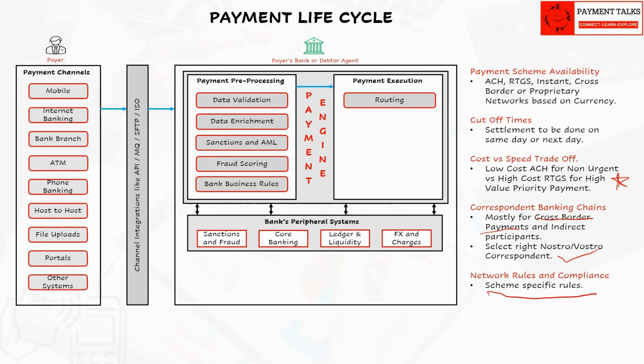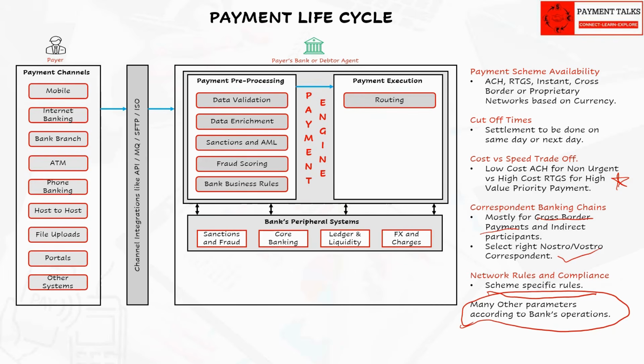Example, IBAN is mandatory for SEPA, even though account number and bank code are sufficient to identify a beneficiary account. Either this info should be enriched or this payment will be rejected by the network. So routing has to take care of these rules as well. Apart from the discussed main parameters, banks can add their own parameters based on local laws or banks' operational procedures. Please look into the CPD DPD video series that we have already covered to understand more on the routing of